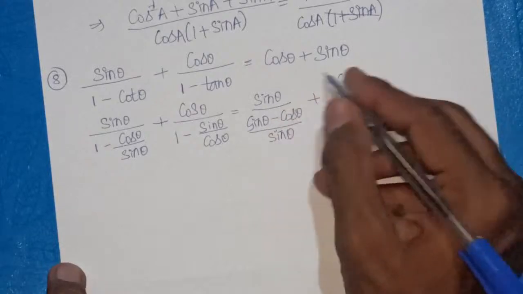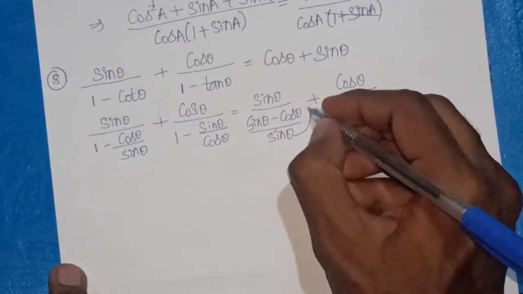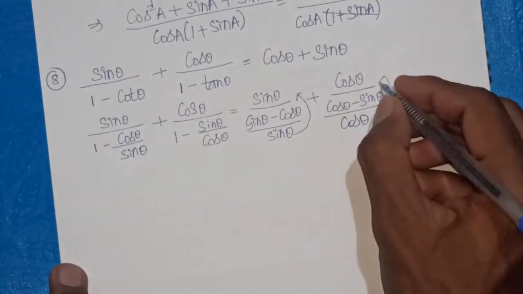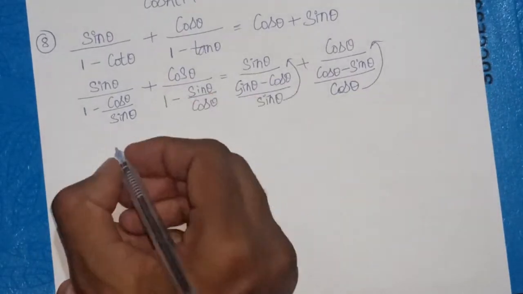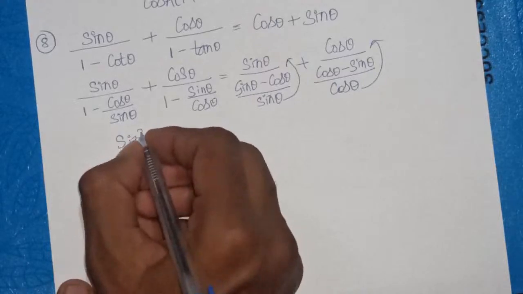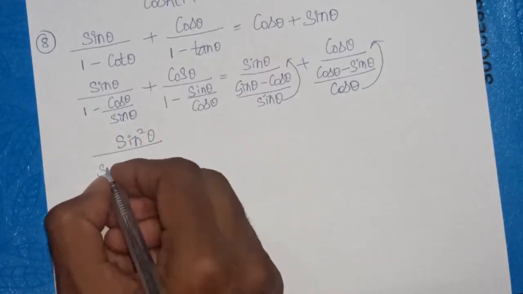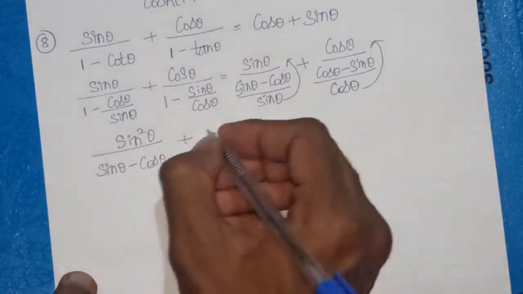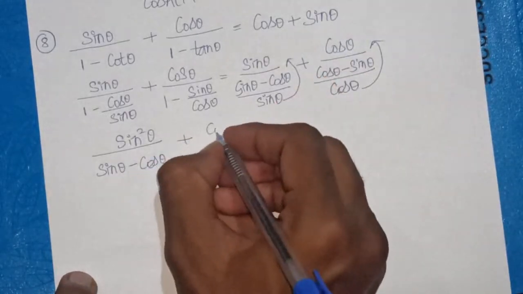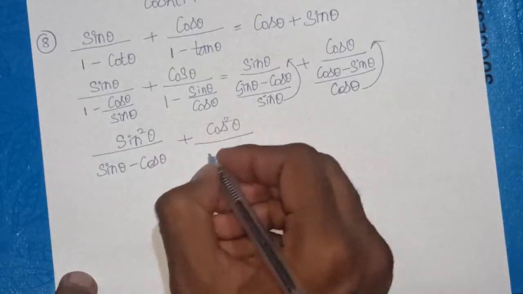Whenever we are taking reciprocal to these two terms, this sin will be going to the numerator, and this cos will be going to the numerator. And whenever we multiply sin and sin, we'll be getting sin square theta by sin theta minus cos theta, plus cos will be going to the numerator, that is cos square theta by